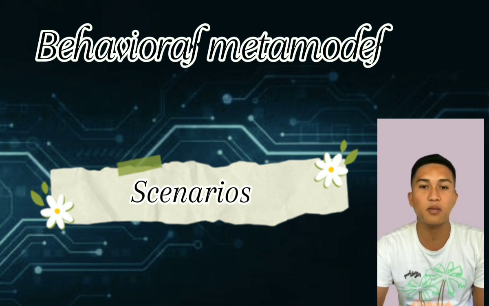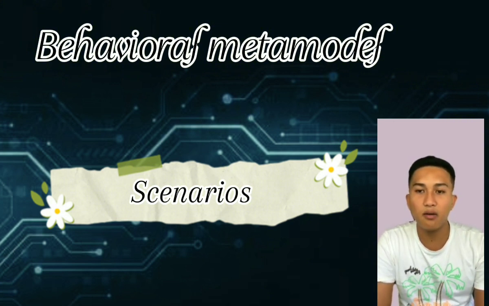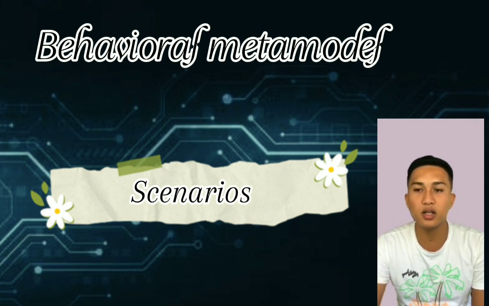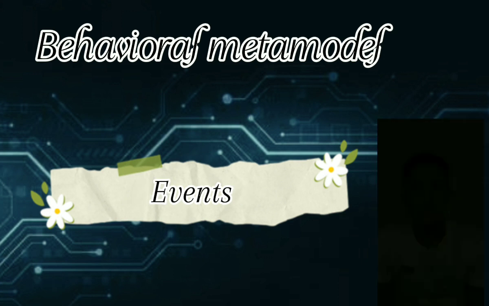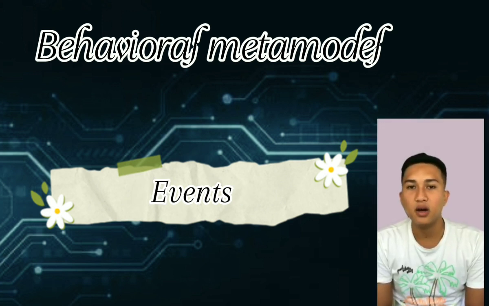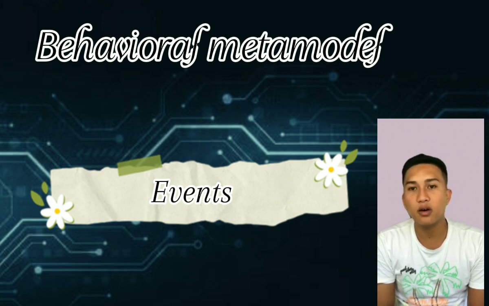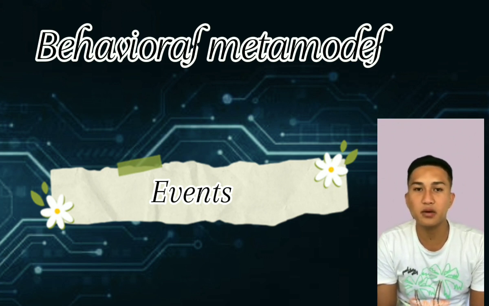The scenarios provide a detailed description of how a use case is executed step by step. They capture the sequence of actions, decisions, and events that occur during the execution of a specific case. And the fourth one is events. Events are occurrences that trigger or affect the behavior of the system. They can be external stimuli such as user inputs or messages from other systems, or internal events like timers